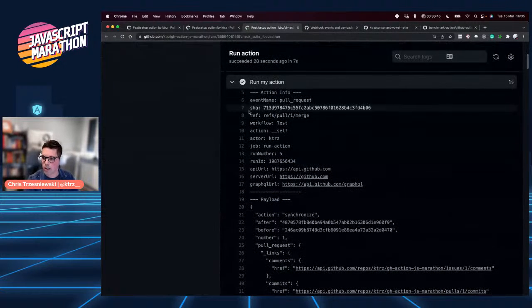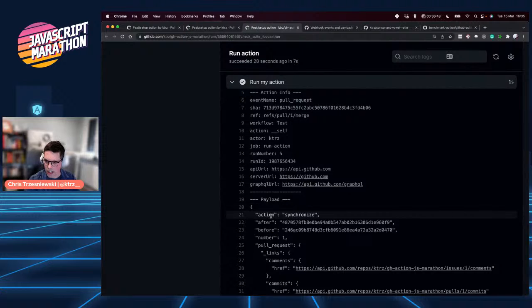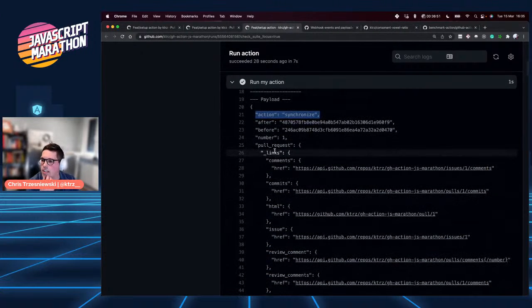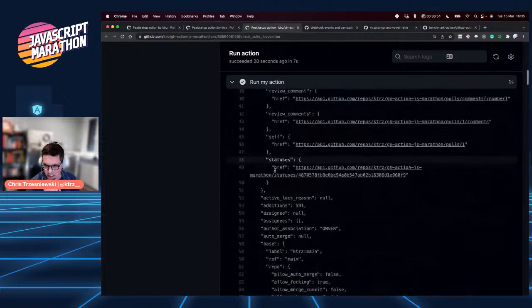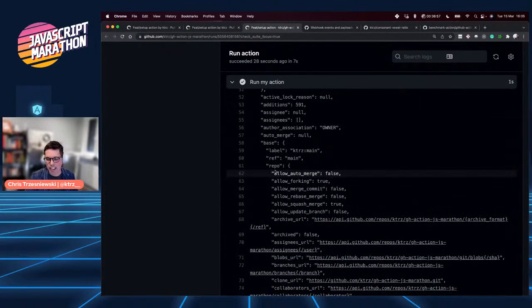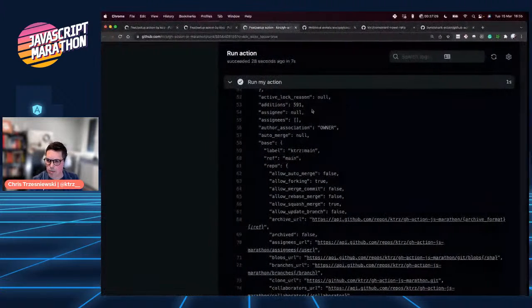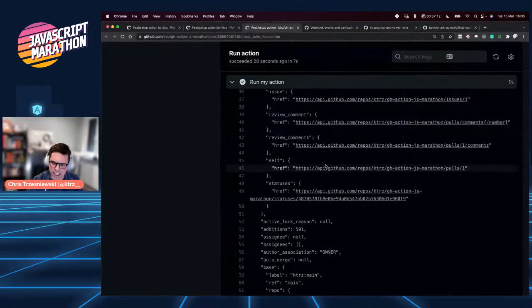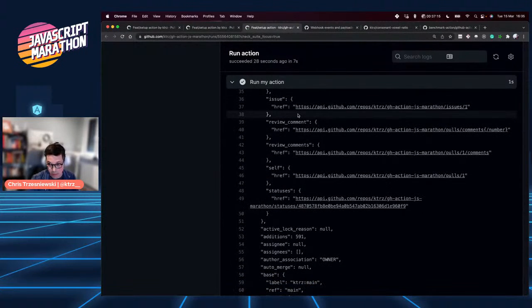Okay, so we've got all the metadata in here and the payload. As you might see, there is a bunch of things that are available in here. But of course, this object has to be limited, so not every information can be included in here. So for a lot of use cases, this is enough for us to work with. But sometimes we need to retrieve more data from our repository to actually do something useful, let's say. And this is where